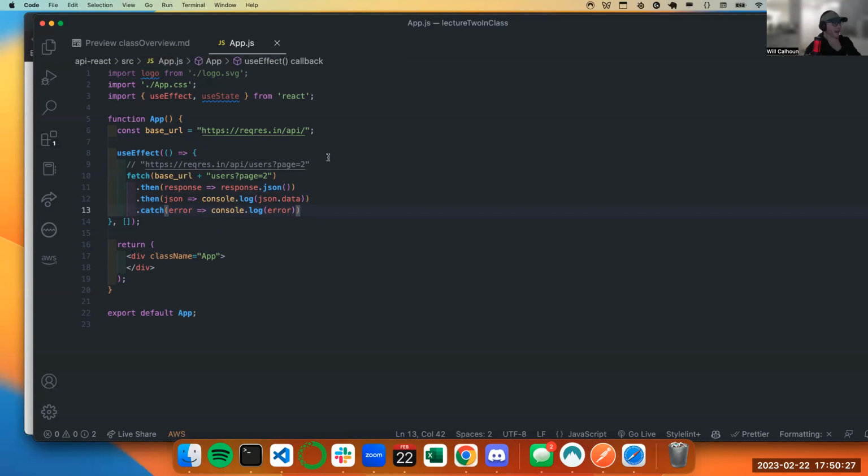Okay, how are we feeling about this? useEffect is my hook, which allows us to run this immediately. This fetch is a promise. We're going to this URL. If things worked out well, then we get a response, or we get something back from this request. We're going to call it response. We make it JSON, then we take that JSON and console log it. We're going to do something with it here in a second. But if there is an error, then we console log it. And again, this allows us to do other things while this is running, in case this is a beefier request.